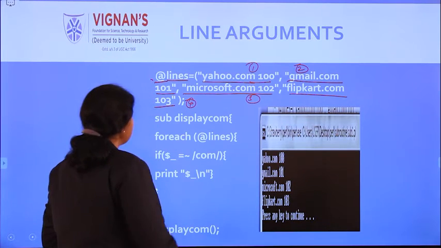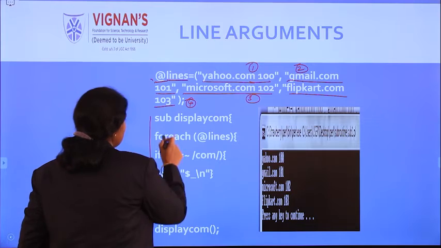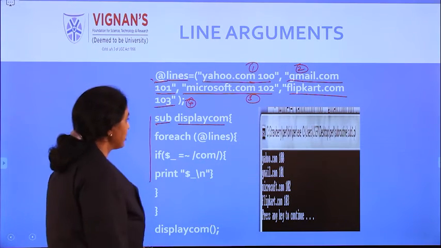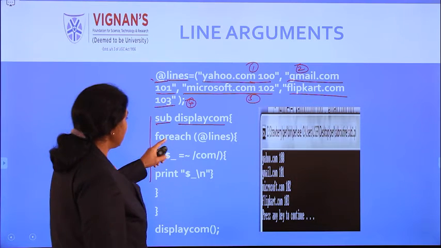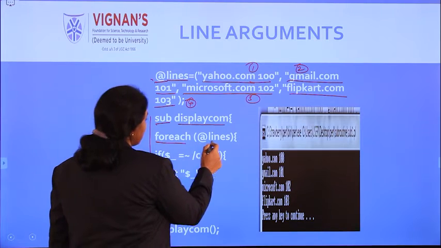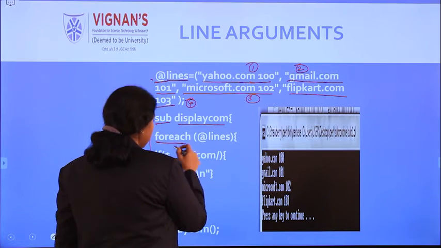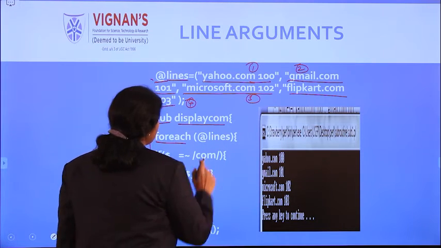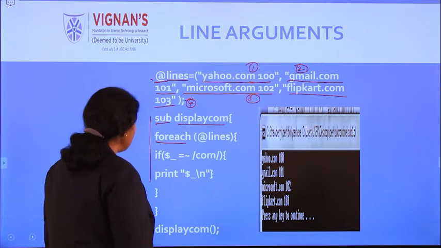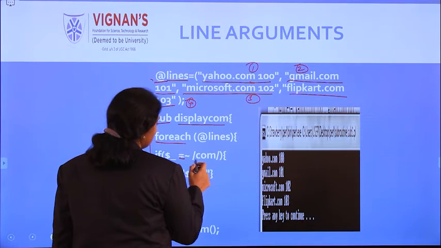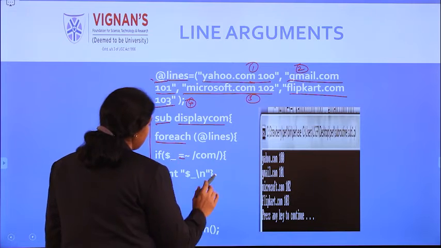Now coming to the function, this is the function. Sub is the keyword. Display.com, displaycom is the function name. For each, all the items, this is the for loop, for each iterate line. So for each function should iterate over all the elements of the line. After that, if ampersand underscore is not equal to com, then print what is there.